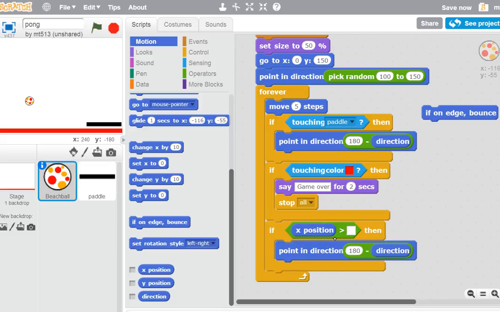For now I'm going to put 240, and we'll adjust this to look at the ball's width in a second. Now when we run it, you can see, oops, I'm getting caught there. Let me try it again. Oh, I'm doing 180 minus. This should be 0 minus. I want to negate it. There we go. Okay, so we can see we bounce